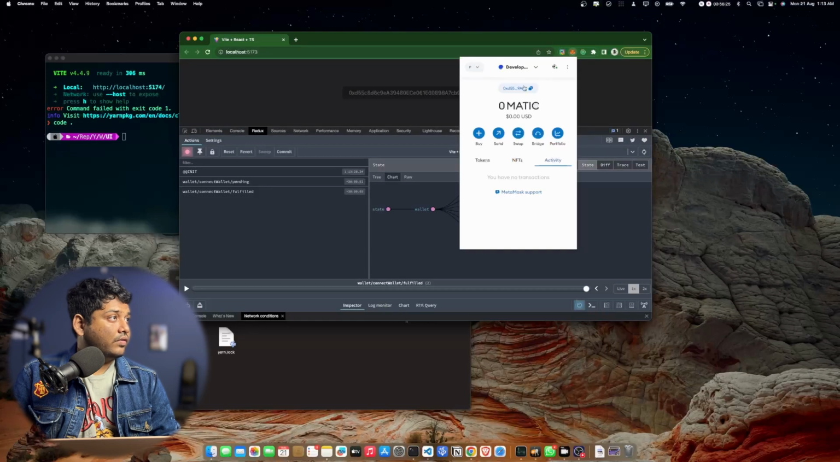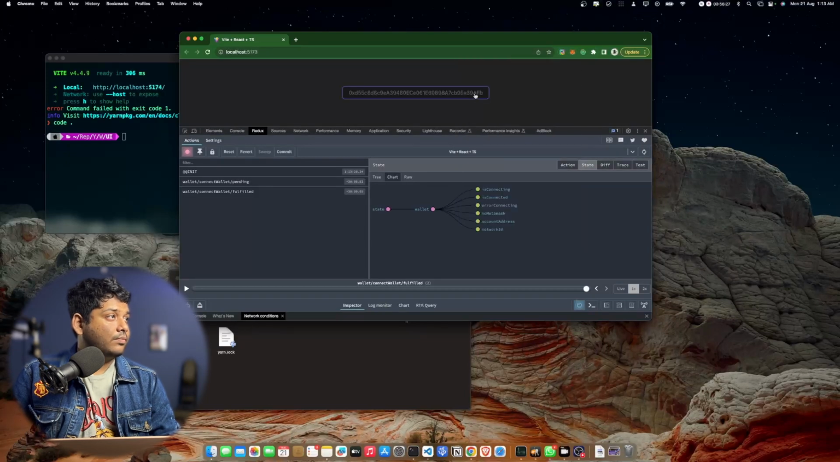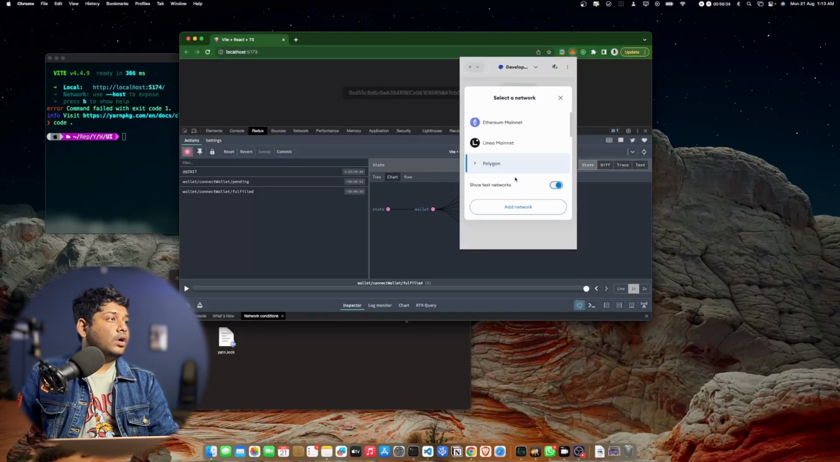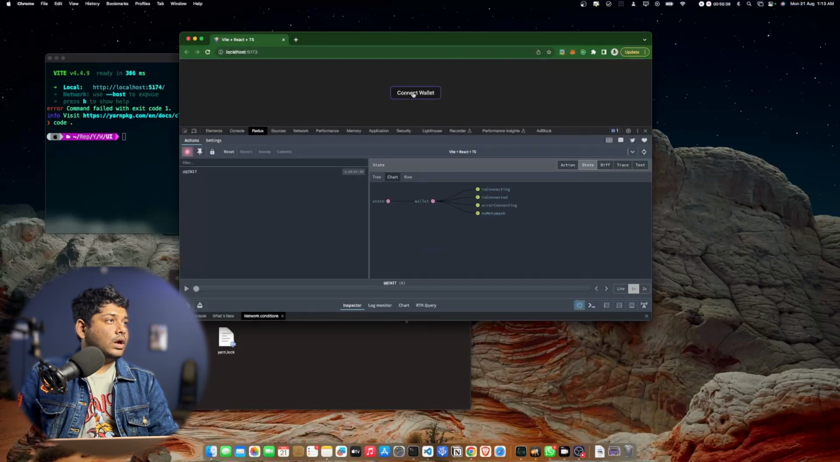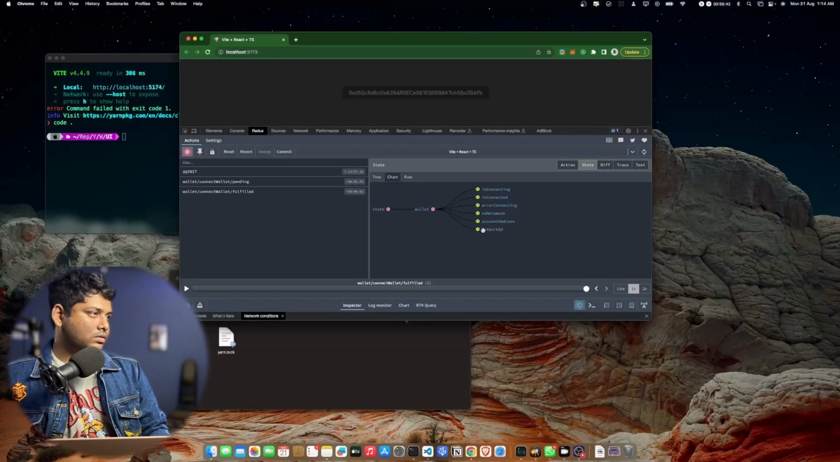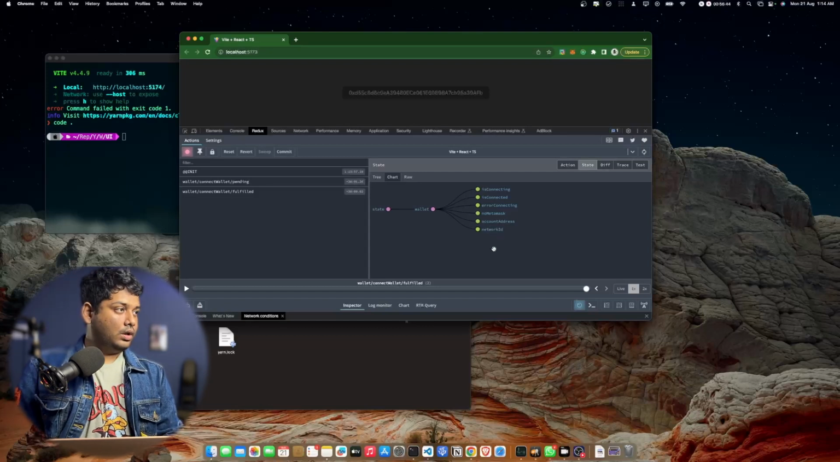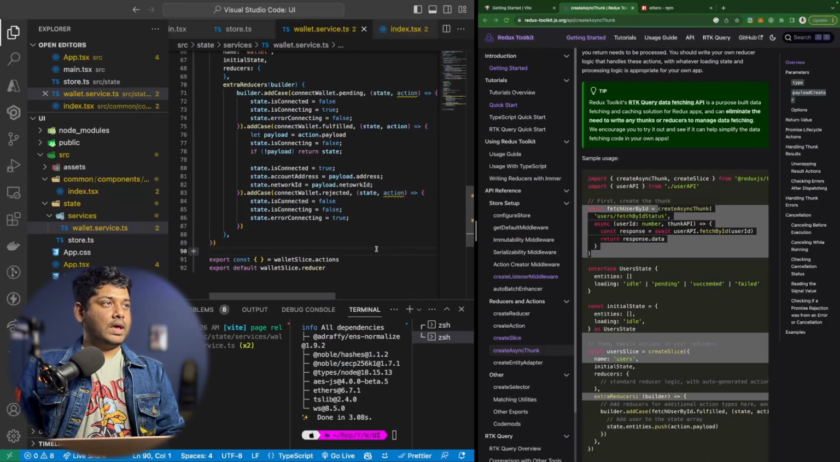If you see, you can verify the address matches, and our network ID is 137, that is Polygon network. If I change it to Ethereum and connect the wallet, you will see the network ID is 1, because Ethereum is the first network and it is 1. Okay, now we have